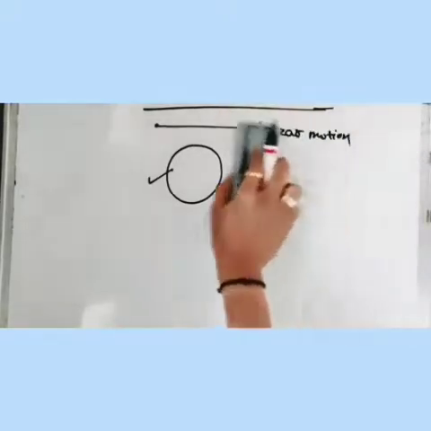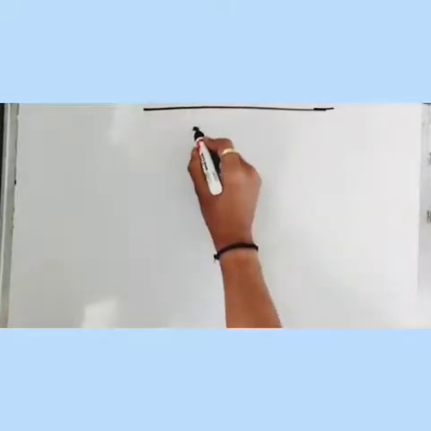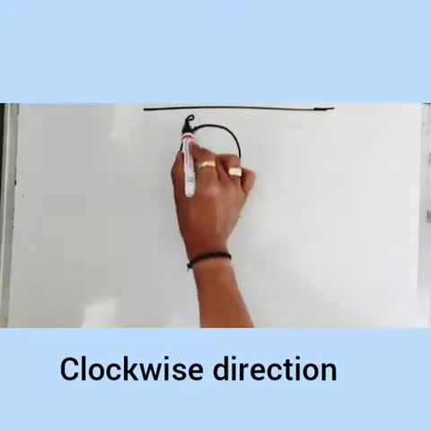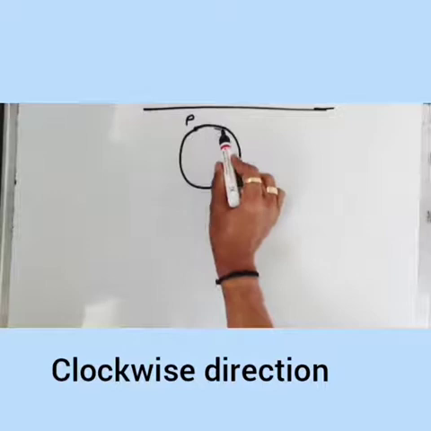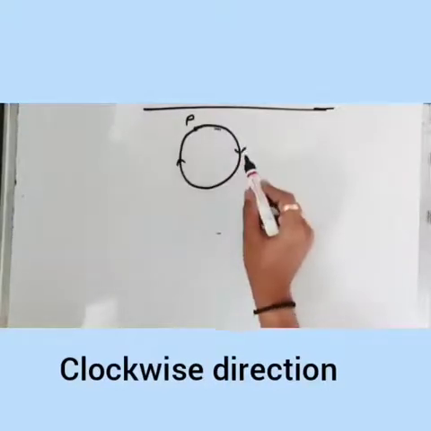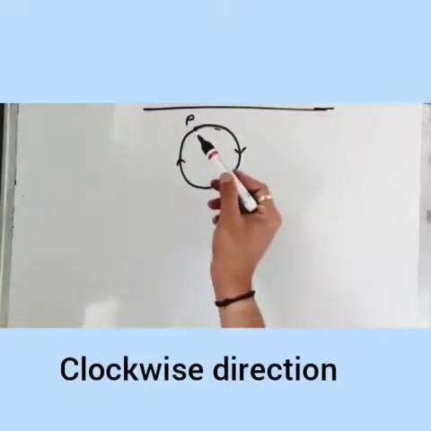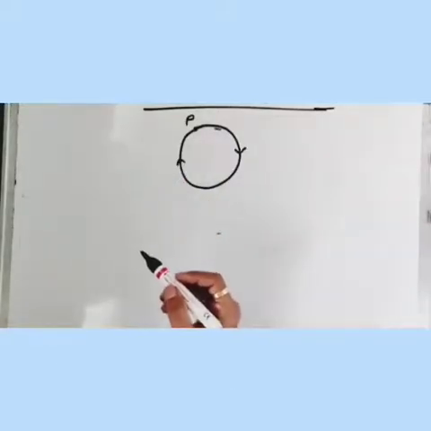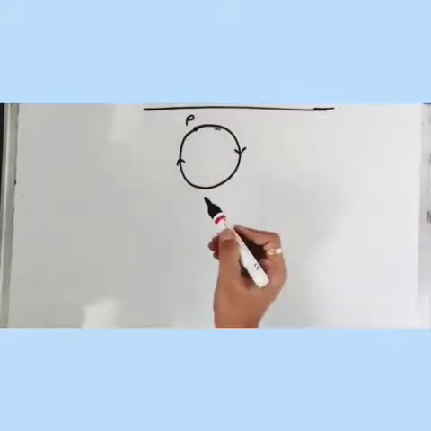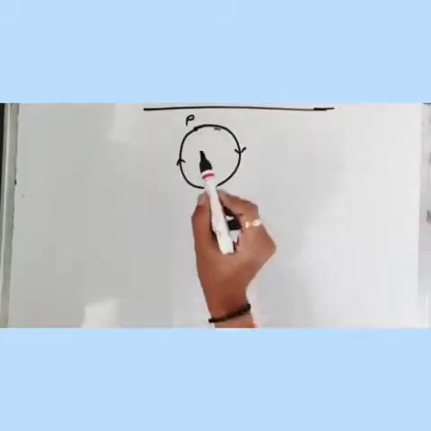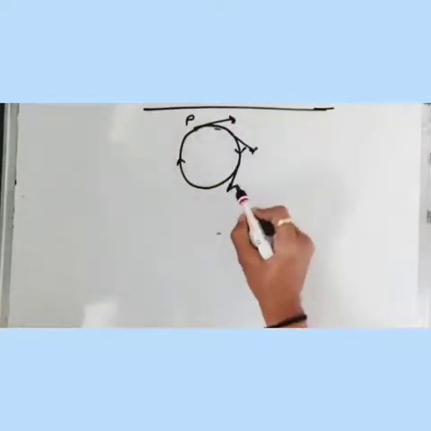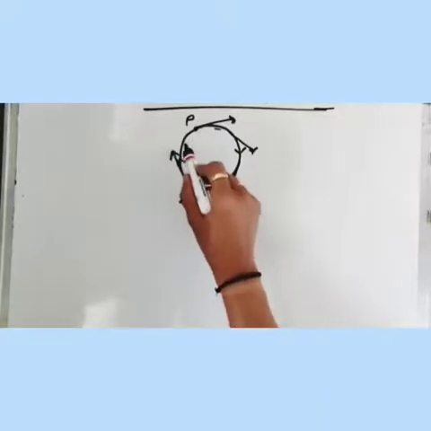The circular motion. Now in circular motion, easily we can define it as motion of a particle along the circumference of circle. This is called as circular motion. Here you can see this is particle, say particle P, and this particle P is moving along the circumference of circle. So this is called as circular motion, or we can say that the particle P is performing circular motion. Now in this case, we can clearly see that the particle's linear speed, it means the motion of a particle along a straight line, at any instant is going to be tangent to its circular path.